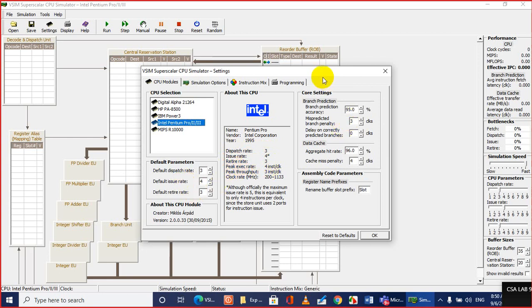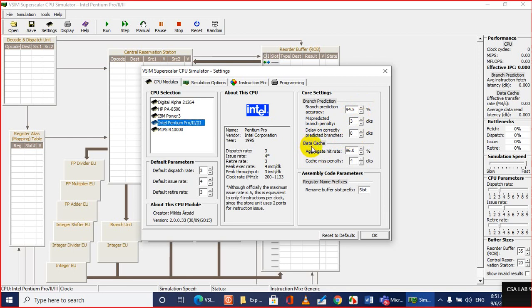On the right side, if you look at over here, branch prediction accuracy, you can increase or decrease this accuracy through the up and down arrow. This is the mispredicted branch penalty that you can increase or decrease. And delay on correctly predicted branches, that depends on the design, how much delay in between correctly predicted branches. You can also change it. Okay, we just keep it 0.